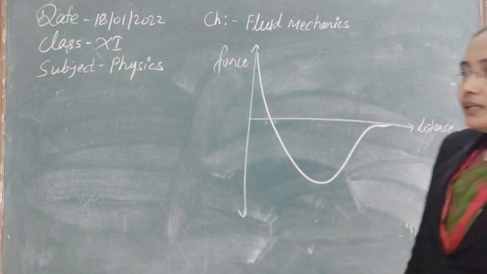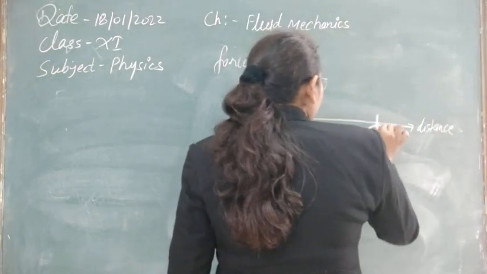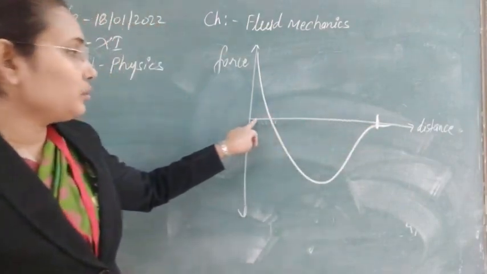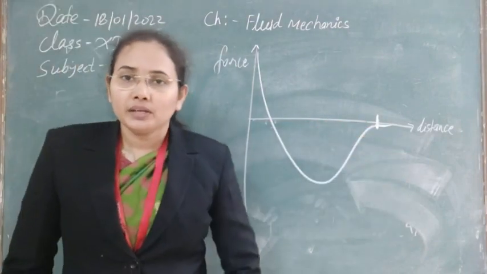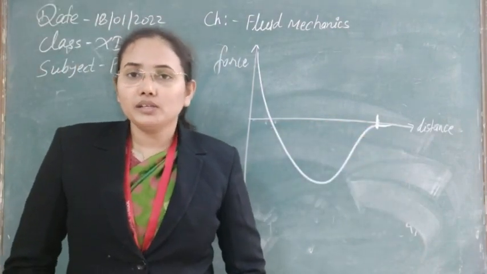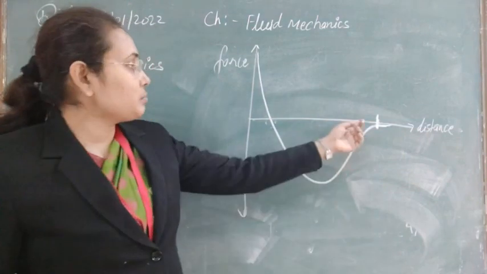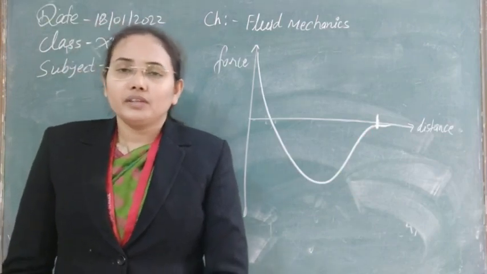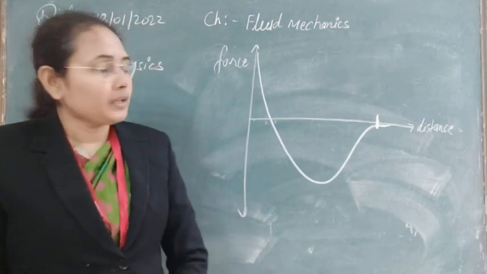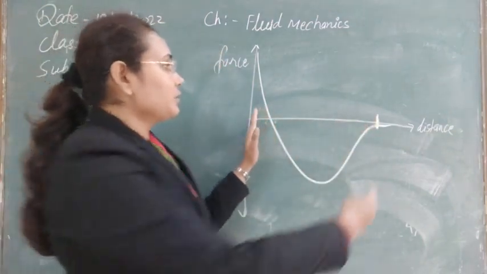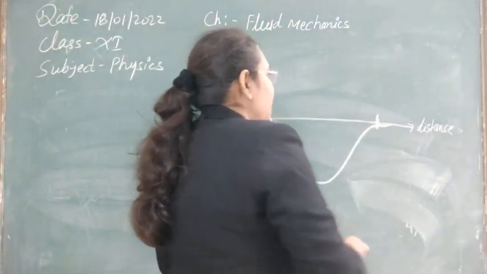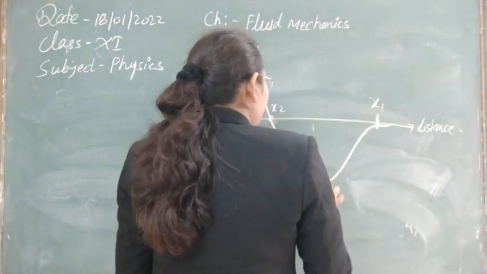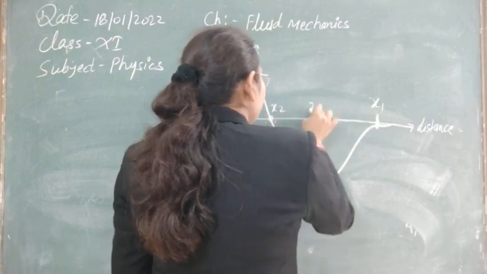Now we can see in this graph, this is the distance between two molecules. At this distance, nearly the intermolecular force between two molecules is 0. So it means that at this point, if two molecules are lying, they will not interact with each other. They are not under the influence of anyone. But whenever the molecular separation starts to decrease from this value, suppose this value is x1, this is x2, and this is where we see the maximum value in the negative direction, suppose this is x3.